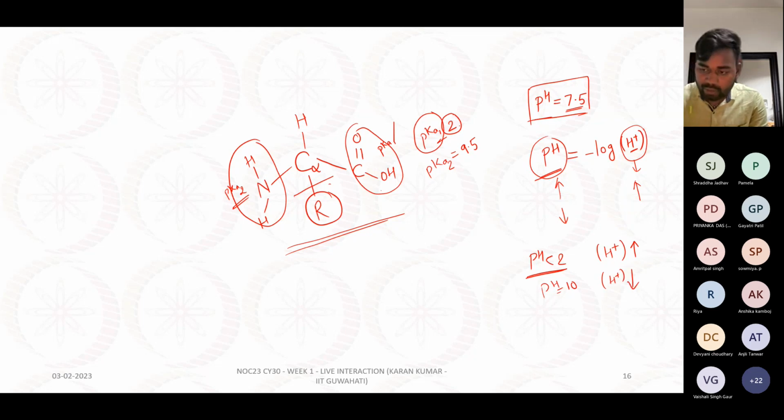So at pH less than 2, the concentration of H plus will be higher. In that case, this alpha carboxylic group will not give away its H plus. Okay, at the acidic condition. And at the basic condition,